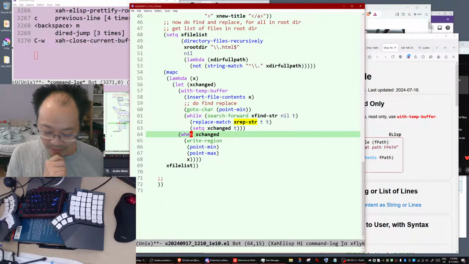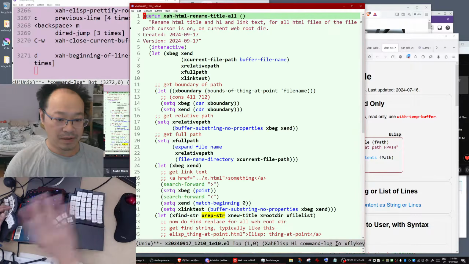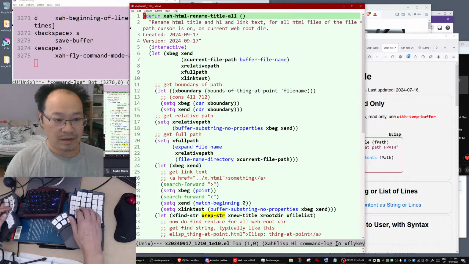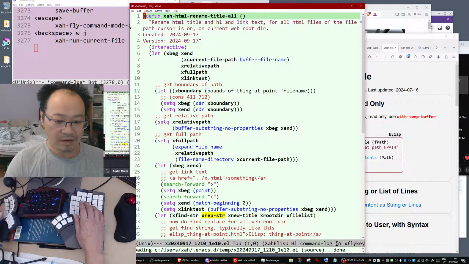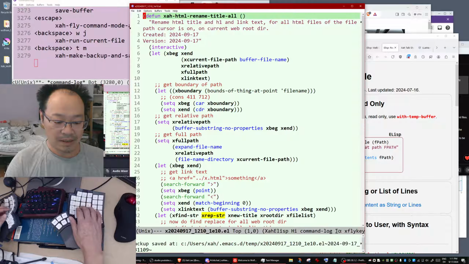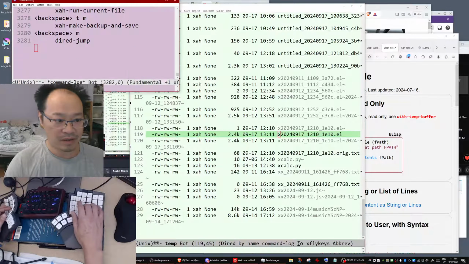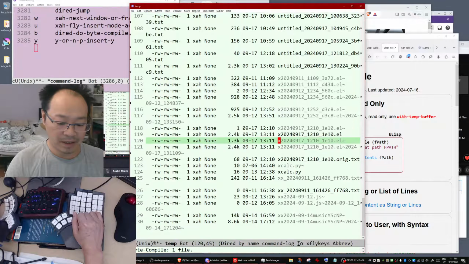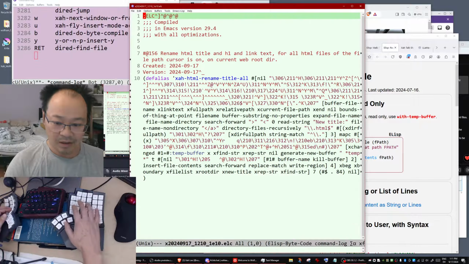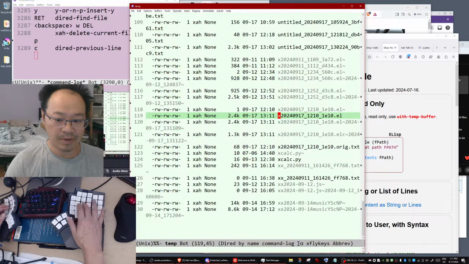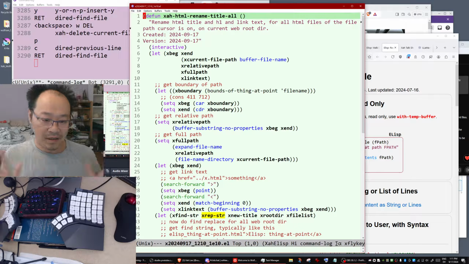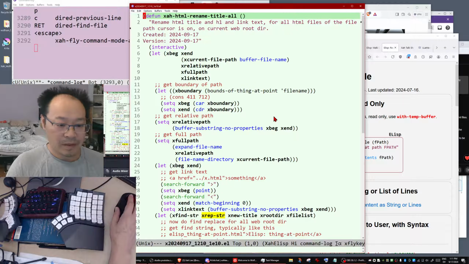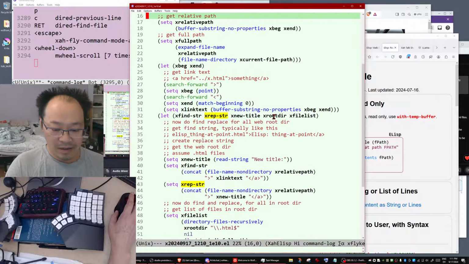Okay, but here's the whole code. Basically, let's eval the buffer. Let's make a backup, go to the directory, and let's compile the code. Byte compile. Yes, compiled successfully. Why do I compile? Because usually when you byte compile, it'll tell you any errors like syntactical errors and such. Anyway, it checked out. So I think this is the code.